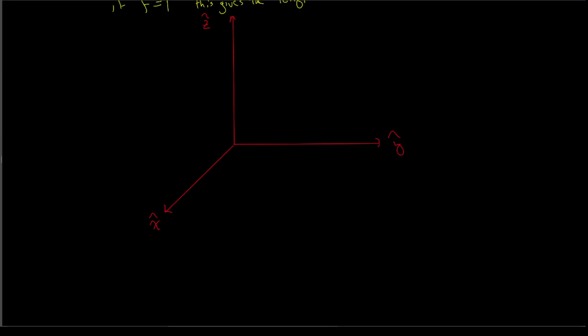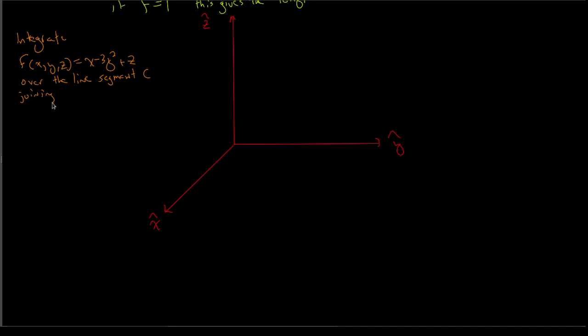So we're going to integrate the function f of x, y, and z equals x minus 3y squared plus z over the line segment, which is going to be our curve C, segment C,